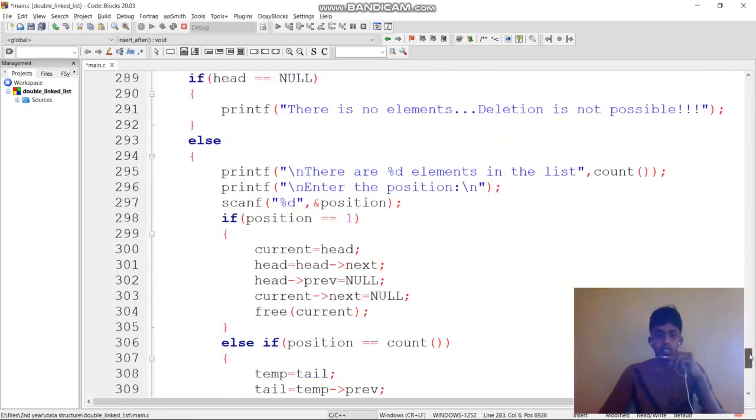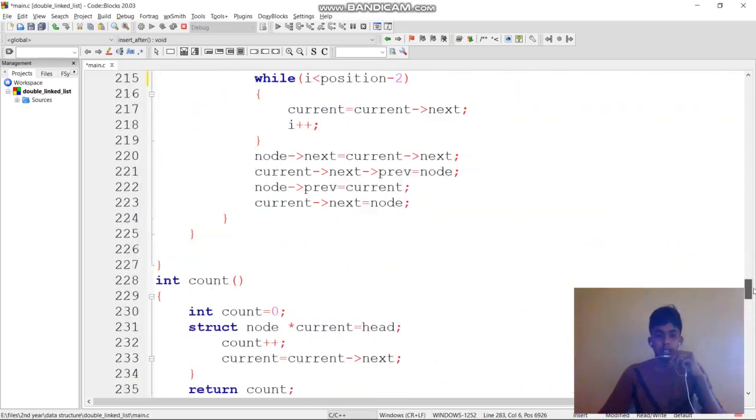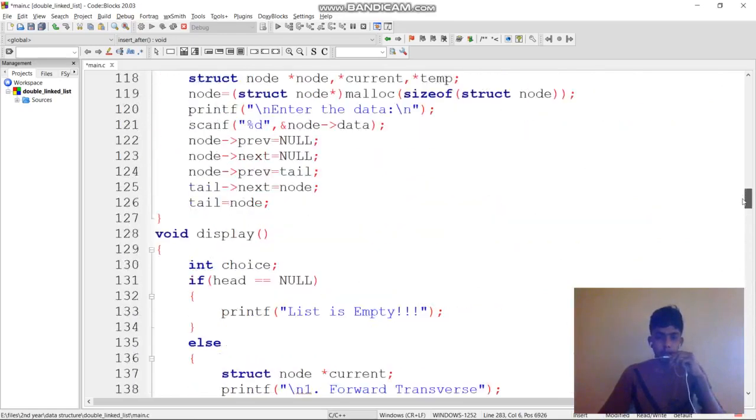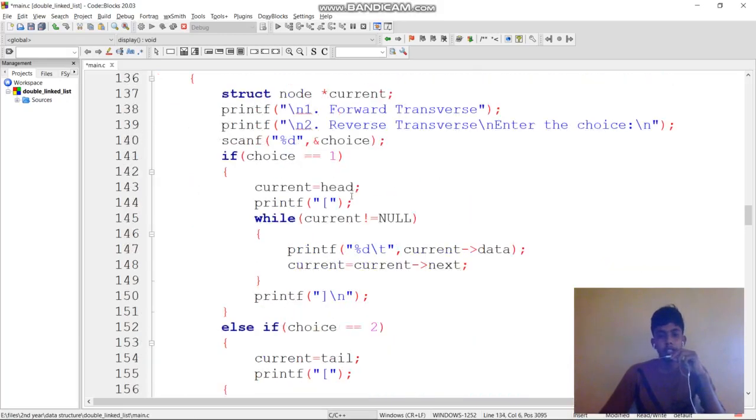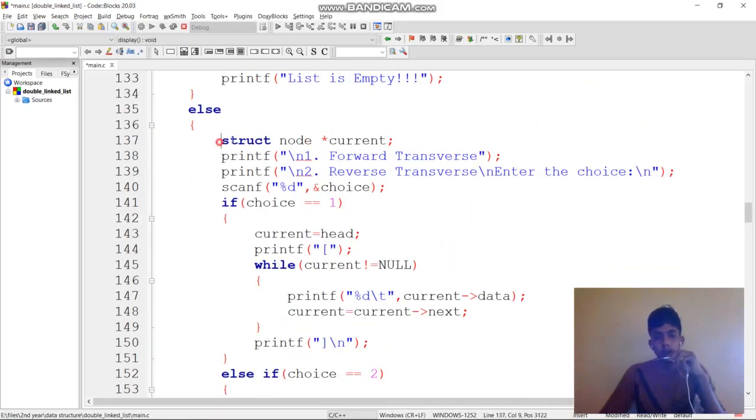Now our fourth one is simply to display. So let me explain our display. See here, display. Initially, if you consider there is no node, in display I am going to print list is empty. So head is null means there is no node, so simply printing list is empty. Else there are some elements. Now I am considering a current, that is a node address.